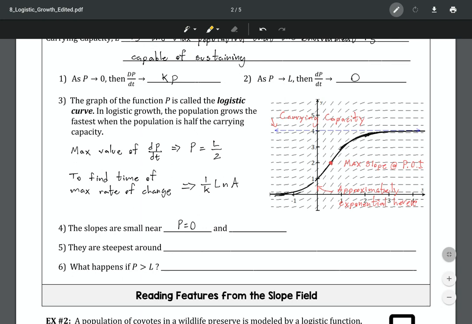So at P equal to 0 and P equal to L, or when the population nears the carrying capacity. Now, they're going to be the steepest around the point of inflection, which in this case happens to be half of the carrying capacity, right? And now, if for some reason this population goes above this carrying capacity, so there's not really a horizontal asymptote, but if you get above that somehow, then what's going to happen is that the slopes are going to become negative,